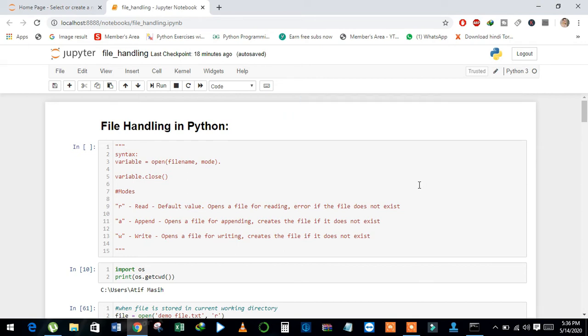In the previous video, we discussed how to open an existing file that is present in the current directory or in other directories, and also some modes: R, A and W. We learned how to open a file, then write, and also how to append data in the existing file.